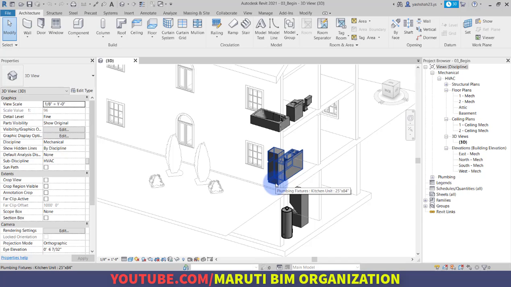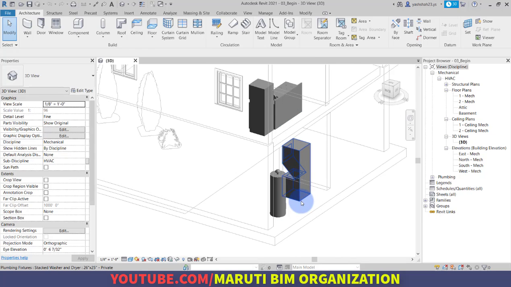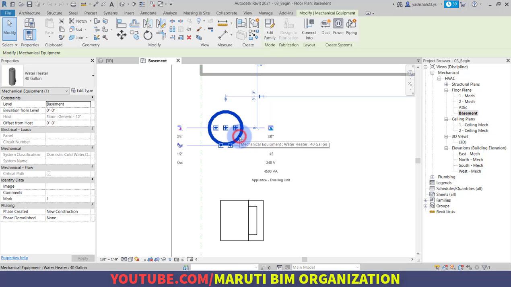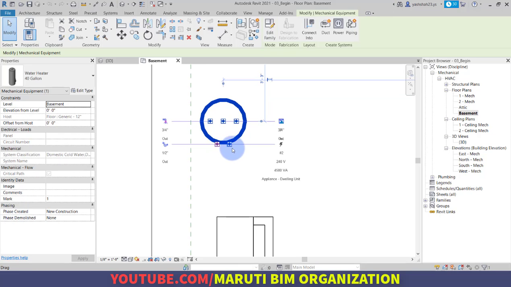But before creating this system, make sure the orientation of all the fixtures is correct. If I go to the basement view and select this water heater, as you can see, the red icon shows the hot water connection, and the blue icon is the cold water connection.